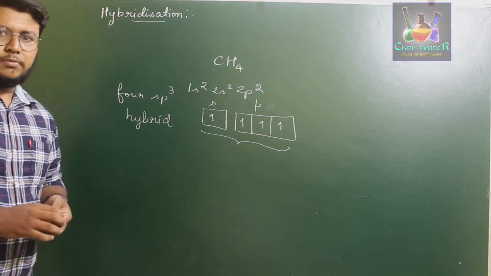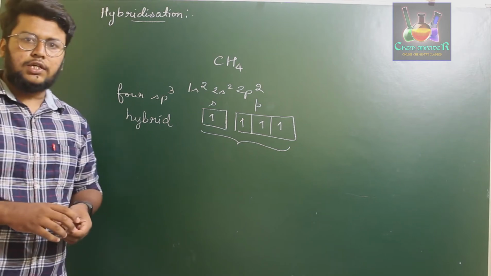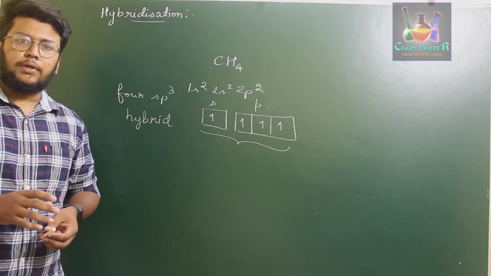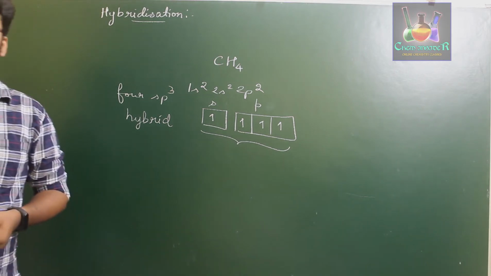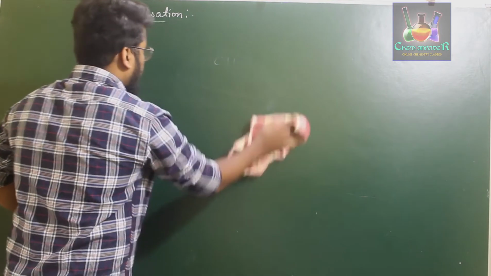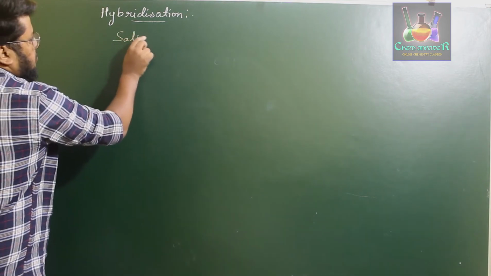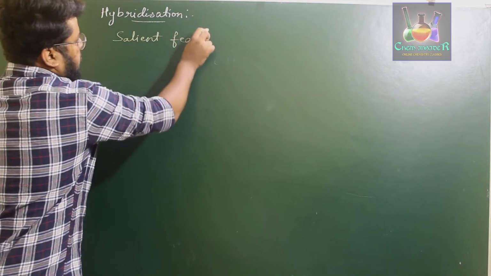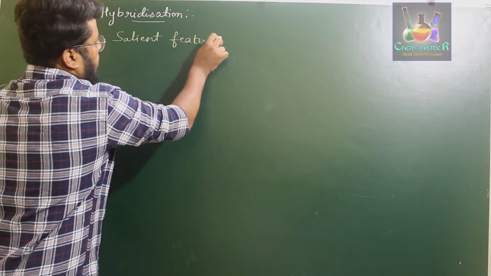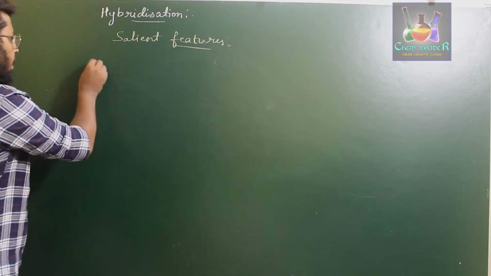So, how is that possible? For that, he gave 4 salient features of hybridization and 4 necessary conditions for atomic orbitals to undergo hybridization. First, let us know about the salient features of this hybridization concept explained by Pauling. Salient features of hybridization: in this, the first point he said is that atomic orbitals of one atom